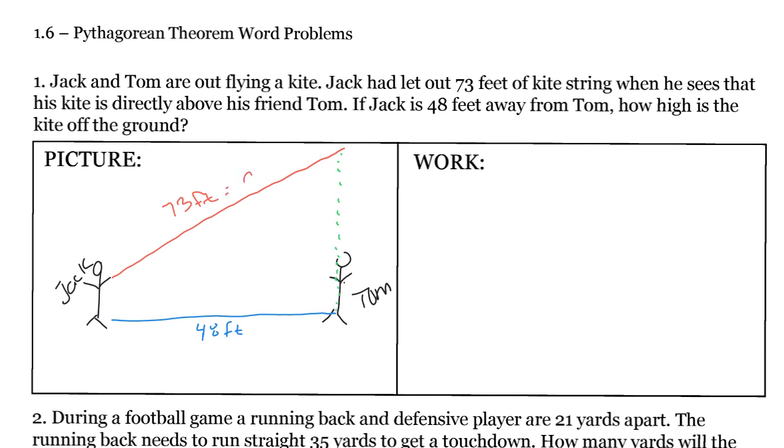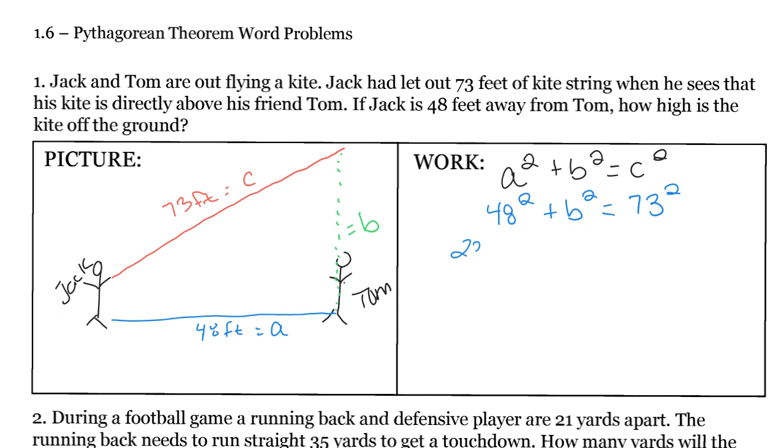So 73 is our C, 48 is our A, and we need to find our B, right? So now we just plug those values into the Pythagorean theorem. So we do 48 squared plus B squared equals 73 squared. All right, so let's find those. 48 squared is 2304 plus B squared equals, and then 73 squared is